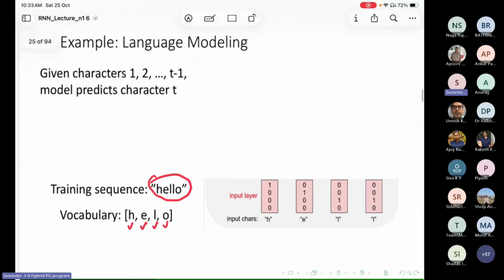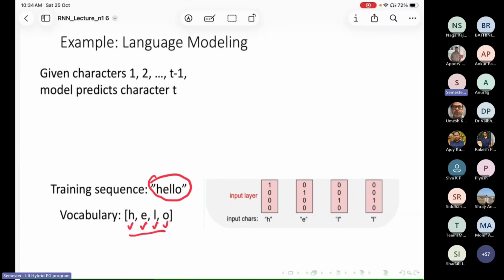Whenever you are going to solve some NLP problem, you cannot give all the text or characters as it is, because your model will accept numerical values. So the first thing is to convert it into numerical values, and since here we have four different characters,